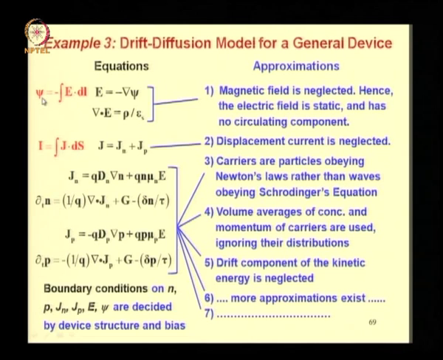So apply the psi which fixes the boundary conditions and then solve these equations to get the various quantities n, p, jn, jp, E and psi as a function of space and time, and then at any instant you can put together the current densities of electrons and holes and integrate the current density over the contact area to get the current.